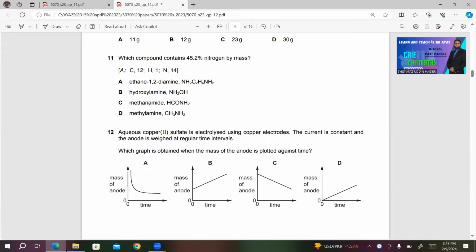मैंने क्वेश्चन नंबर 10 तक आपको एक्सप्लेन कर दिया था। नाउ लेट्स कंटिन्यू फ्रॉम क्वेश्चन नंबर 11।